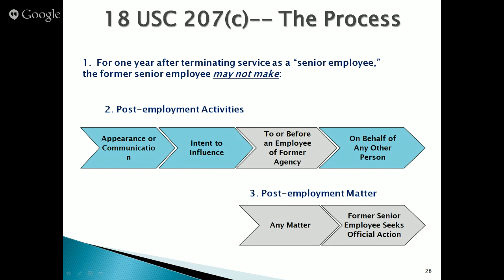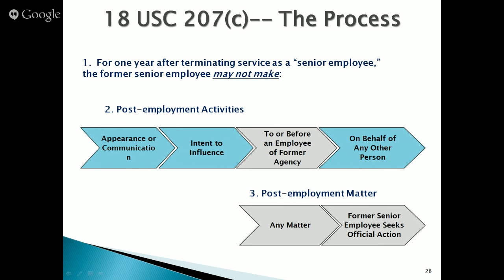It does not. But one thing I would advise you is, because C is a much broader restriction, and it's going to reach to communications about anything where you're seeking official action, and it's a 1-year cooling off period for your senior folks, for your senior employees, I always hone in on 207C first, because they're going to be most restricted under 207C. That makes a lot of sense. So for that 1-year period where they're covered by the restriction at C, that's going to be the largest obligation not to communicate. And the restrictions under A1 and A2 would be kind of subsumed under that. Right. So we only need to become concerned about those after the expiration of the cooling off period. Right.